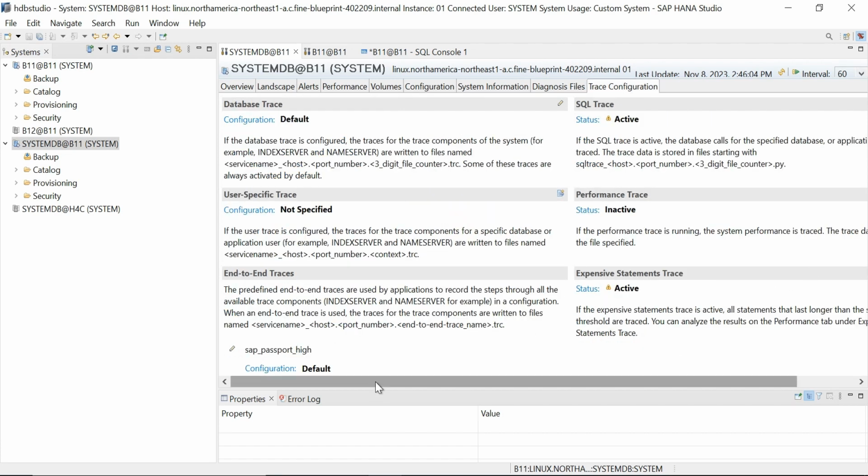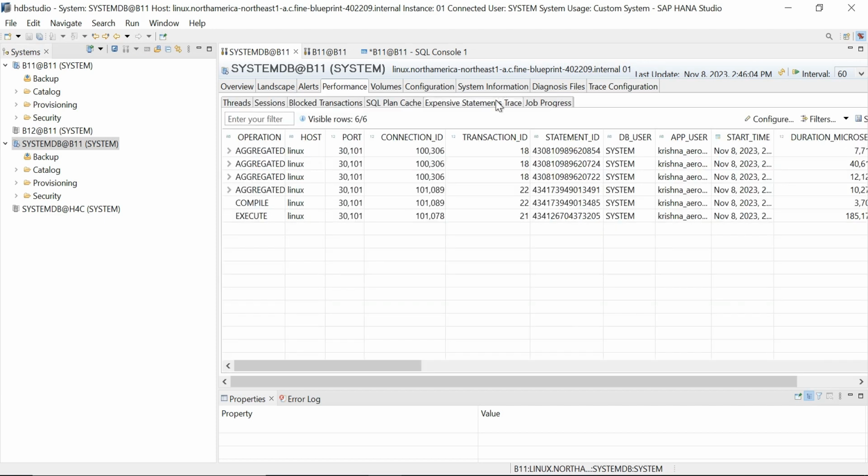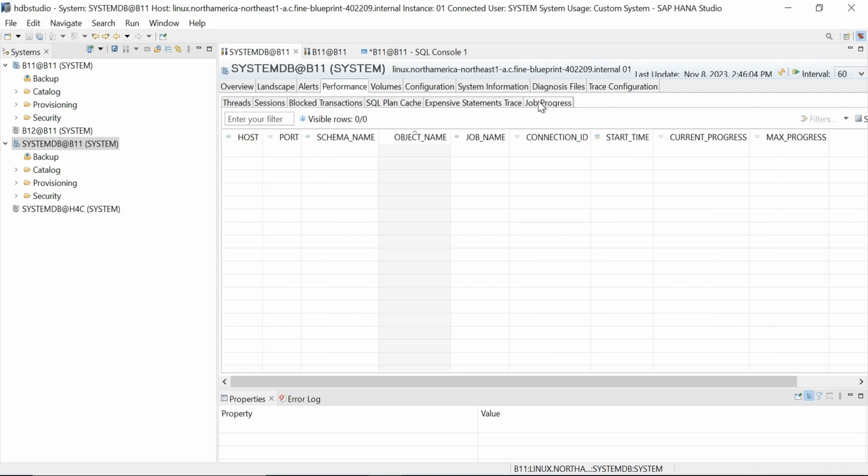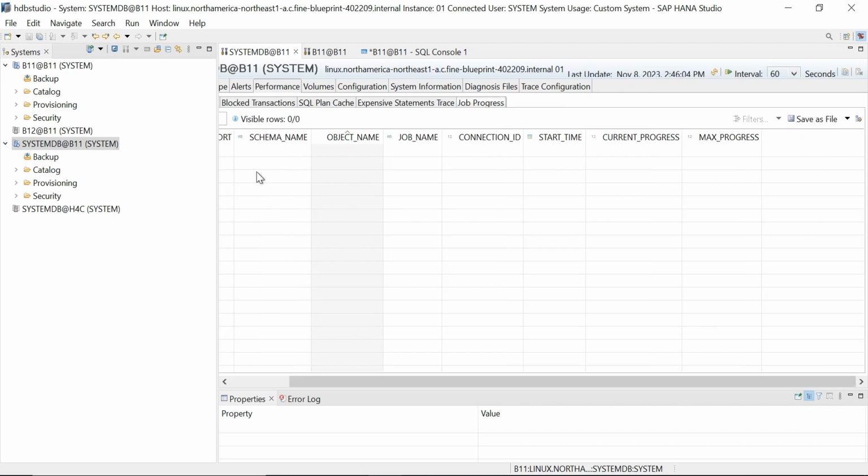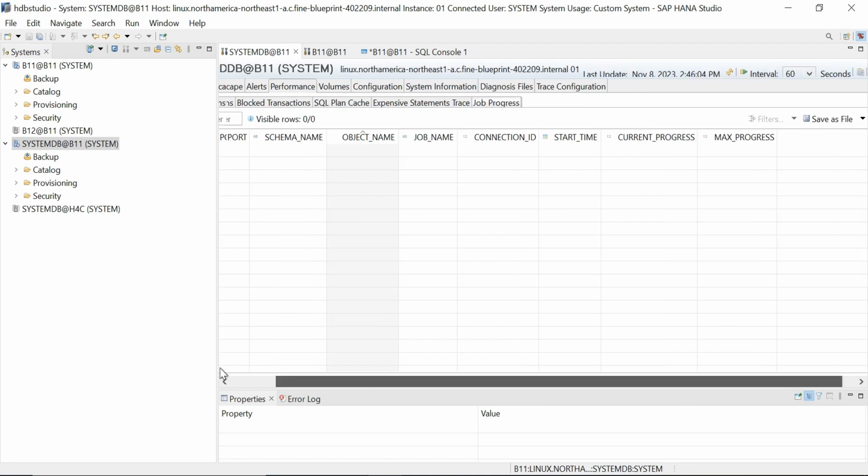I haven't run any SQL statement. That is the reason I'm not getting that. If I run any SQL statement, definitely I'll get that SQL statement trace here. Expensive SQL statement trace. Okay, this is what this is. And this will show you the job progress. How many jobs are running, what is the connection ID, start time, what it is doing currently, how much it has done, which schema it is accessing, everything you can check here. This is about your